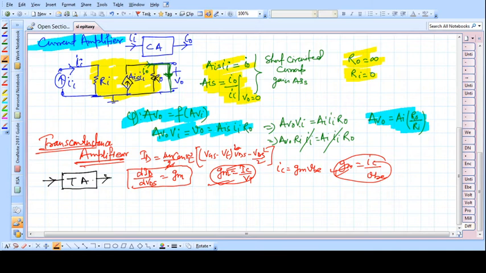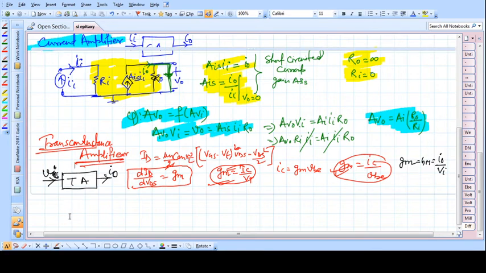will be voltage and the output will be current, so I naught. So in general we can write Gm equals I naught by Vi. So this thing we have to keep in mind.